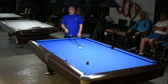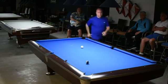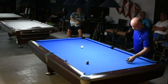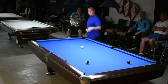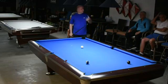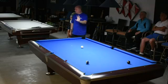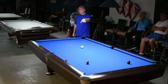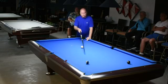You know, if I'm in a game and I have a shot like this, and the 8 ball is here. Obviously I can hit this ball, it can go forward just a little bit or backward just a little bit, and I'm still going to have good shape on the 8, but I need to have a pretty good feel for at least getting it pretty darn close to that spot. I don't want to go forward a foot and scratch, which I see people do all the time. I don't want to accidentally put the draw on the ball and end up